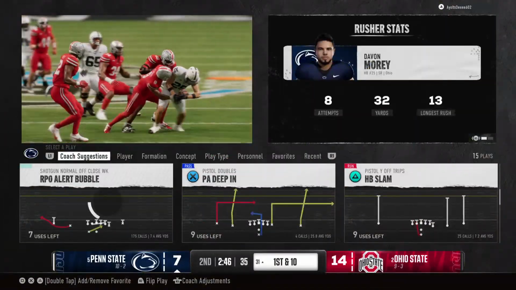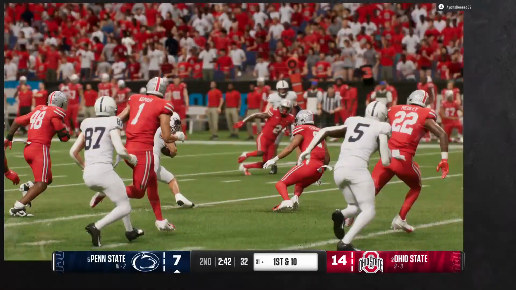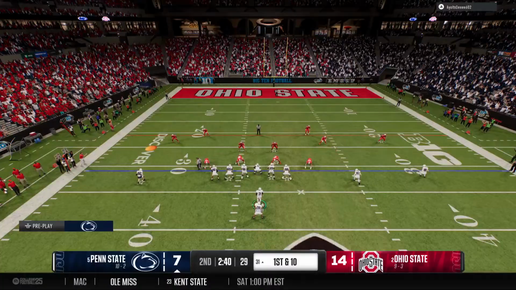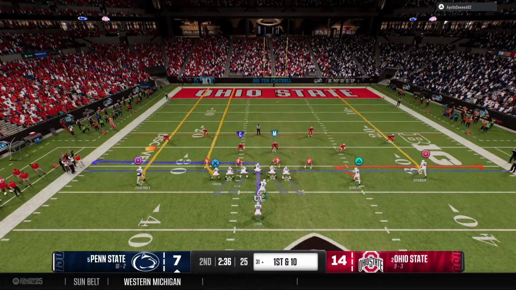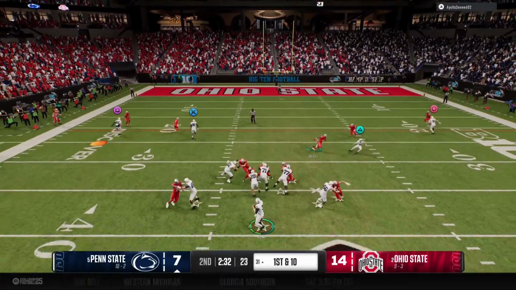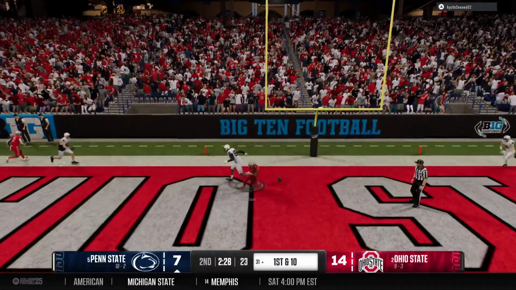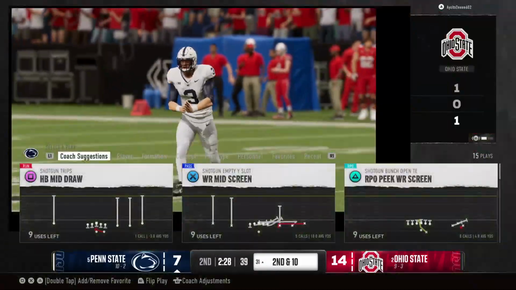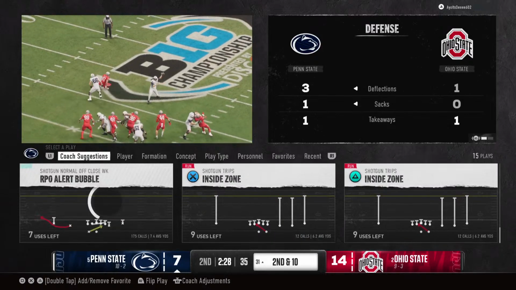Chris, what I love here is just the vision by the running back. Showing great patience, the hole opens up, and then he's able to use his speed to pick up some good yards. The Nittany Lions lining up here on 1st and 10. Here's the snap. Quarterback drops back. Here's a shot toward the end zone. Oh, and a chance at an interception in the end zone. Could not quite hold on to the ball. It's going to be 2nd down.